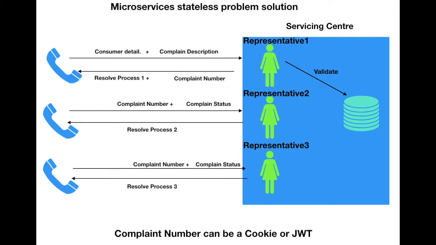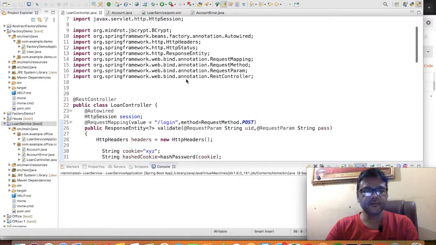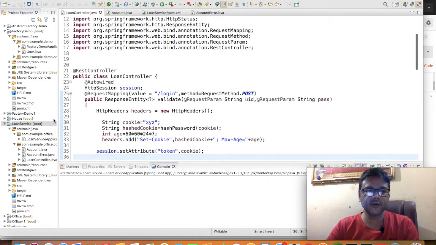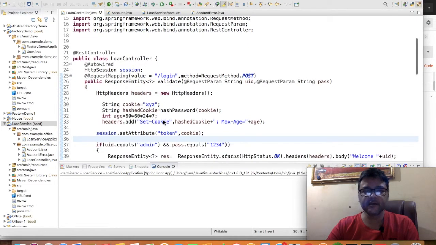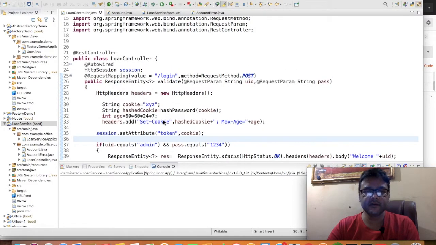So let us go to a demo application where we will try to implement the stateless solution by using cookie. Here is the project which we had already created and discussed in the last video, where we have two endpoints.